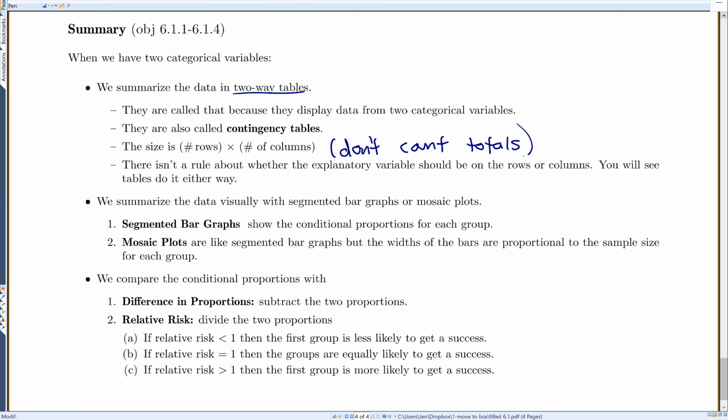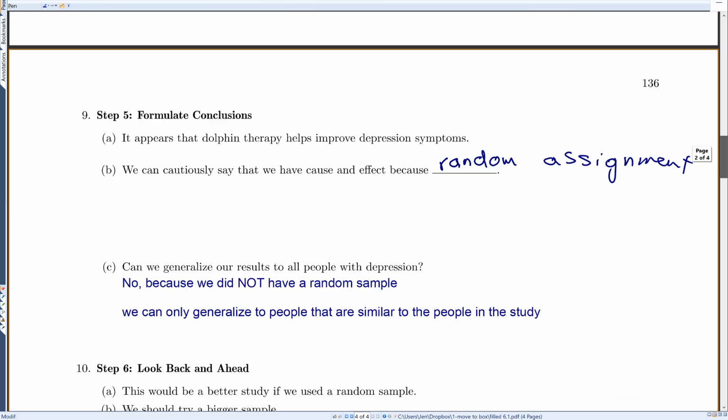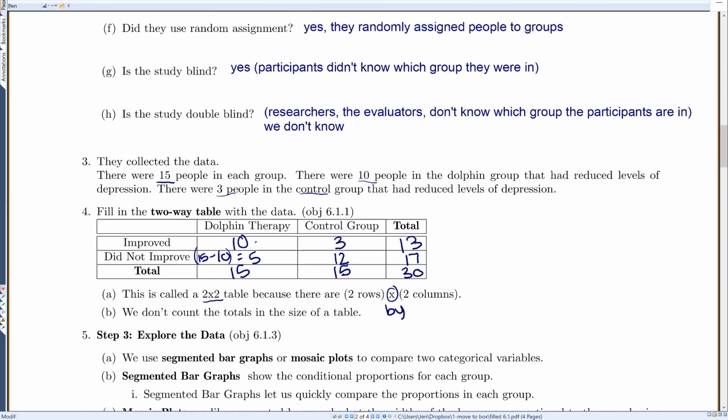There isn't a rule about whether the explanatory variable should be on the rows or columns. So you'll see tables do it either way. And I actually like to label each table, so I write on here, dolphin therapy and control group, that was my explanatory variable, EV for explanatory, and